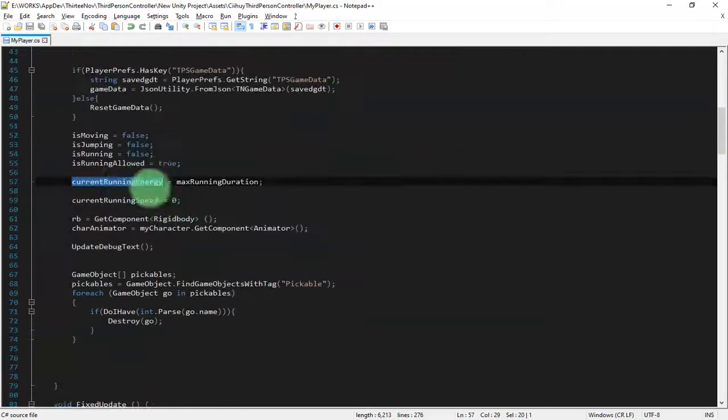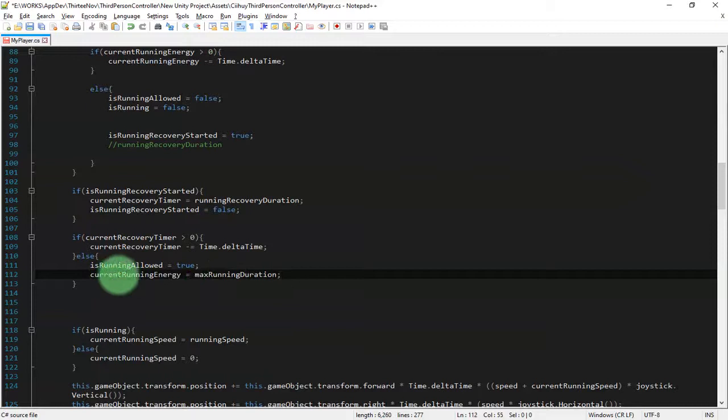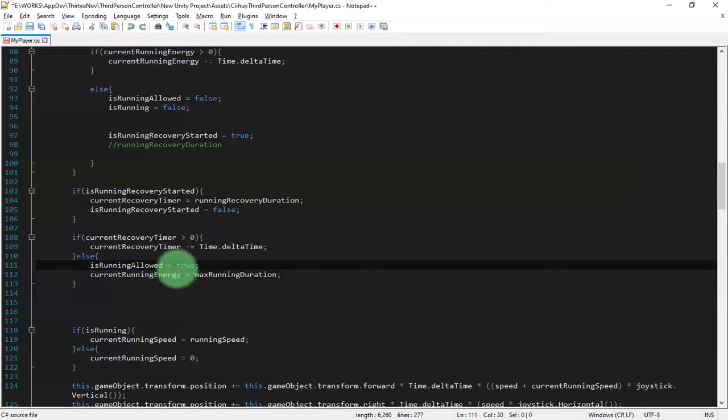Okay, I need to call this line of code again. So I need to set the value of current running energy when the recovery time has ended. I'm allowed to run again. isRunningAllowed is true.